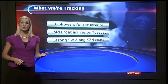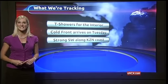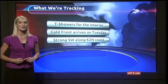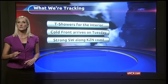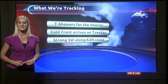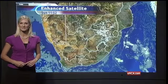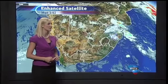Welcome to the Weather Centre, where we're tracking isolated thundershowers for much of South Africa's interior over the next day or so, with a cold front arriving on Tuesday, cooling things off and also bringing in some rainfall with it, with a strong southwesterly wind ahead of that cold front, bringing in windy weather for the KwaZulu-Natal coast from Monday evening. On our satellite, you'll see an area of active thunderstorms over the far eastern part of the country on